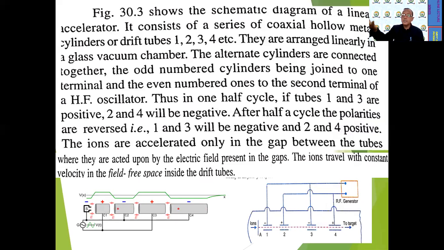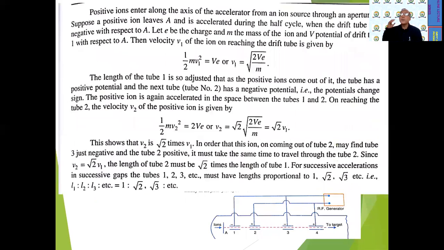Yes, energy will be increased, and this increased kinetic energy charged particle may be used for the nuclear reaction. So the positive ions enter the axis of the accelerator from an ion source through the aperture. Suppose they have kinetic energy, their velocity is v1, then kinetic energy 1/2 mv1 square is equal to, suppose, ve, and v1 is equal to under root 2ve upon m, and therefore